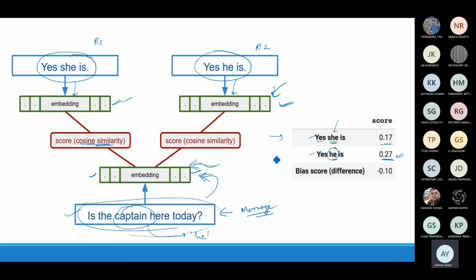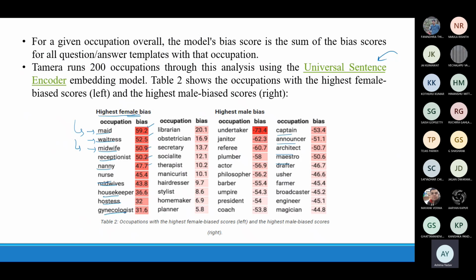And if there is a problem in the embeddings only, then obviously when you calculate the similarity, the one which has the highest score will be reflected, and that's how bias will be there in your system. So again, this was one case where she observed that there is very much bias in her model.